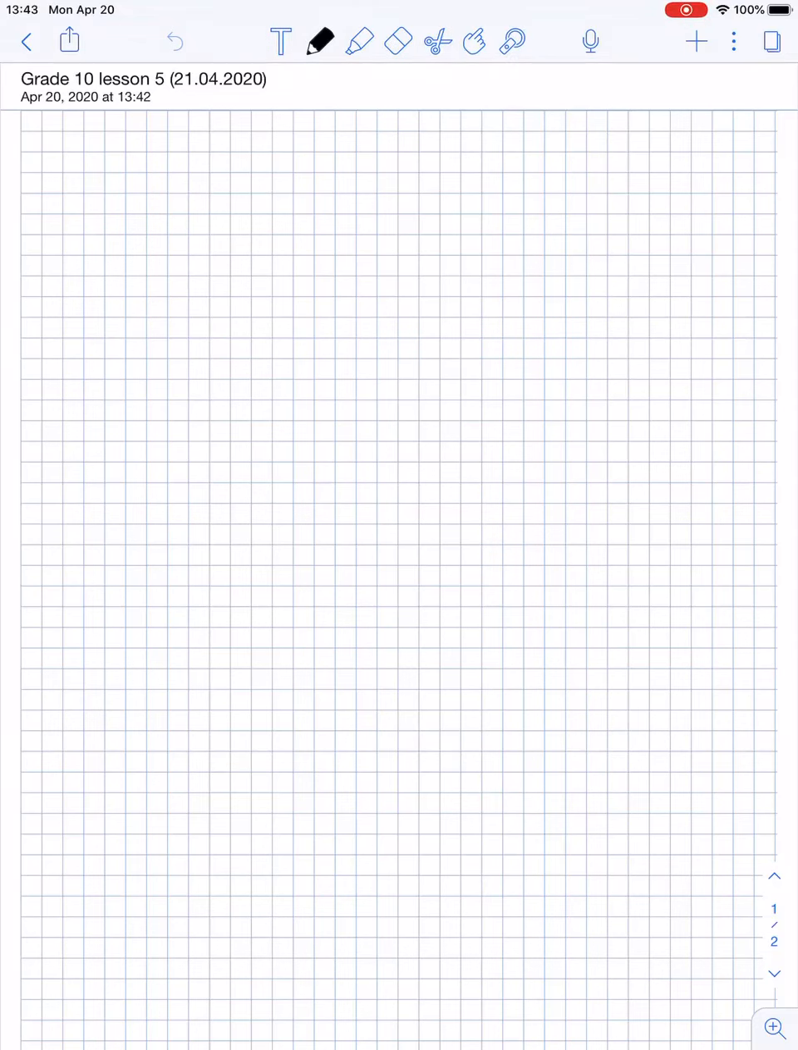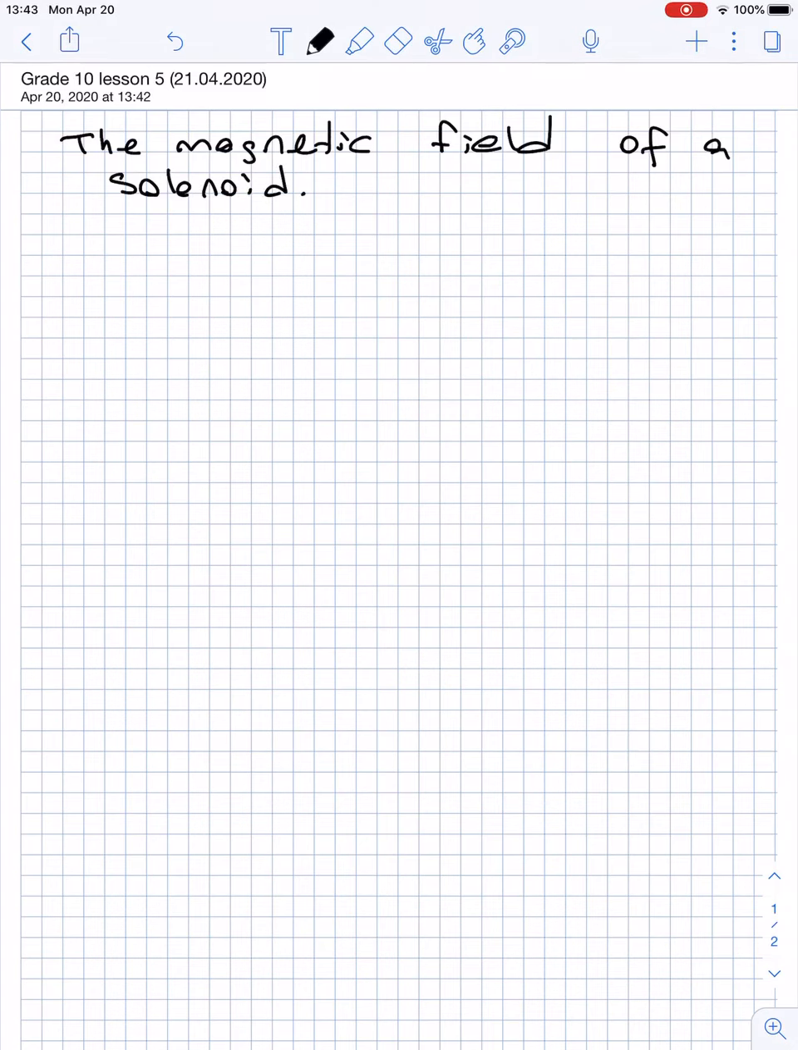Hi everyone, today's topic is the magnetic field of a solenoid. How can we find the magnetic field of a solenoid? Okay, this is our solenoid, with an iron core, and I will connect it